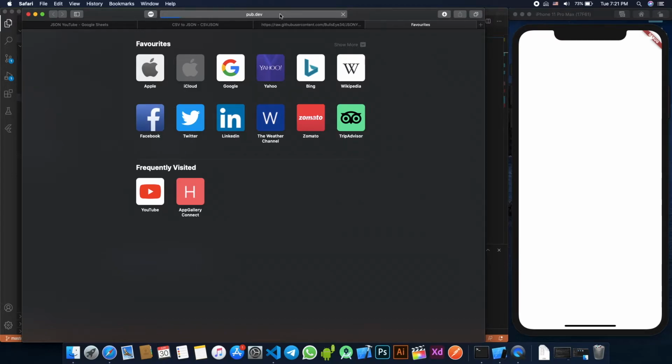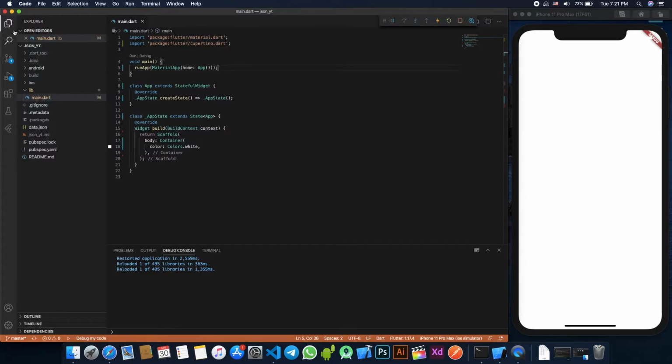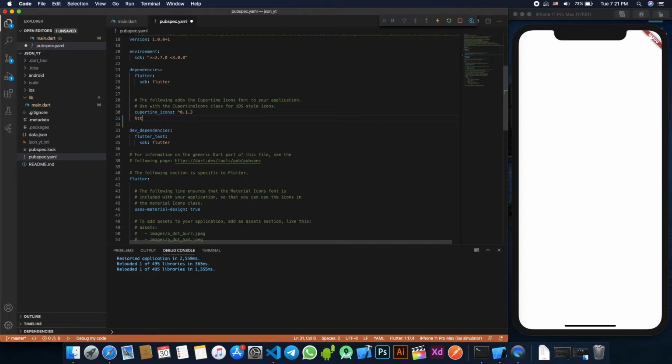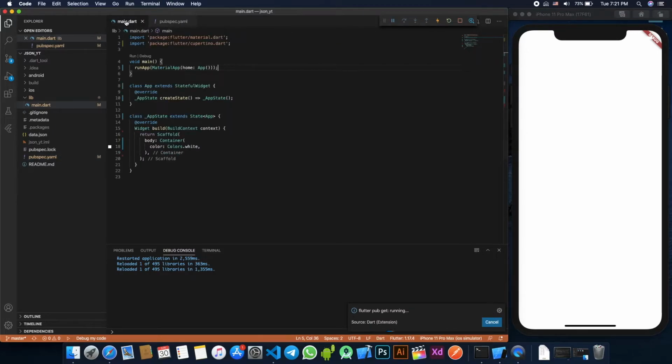So just search up http flutter, you'll get this pub.dev website. I know the package, so I'm just going to go to my pubspec.yaml, and here I'm going to type http. What this will do is it's going to get the latest version. If you don't mention any version number, it's going to get the latest version. It's okay. This is completely allowed.